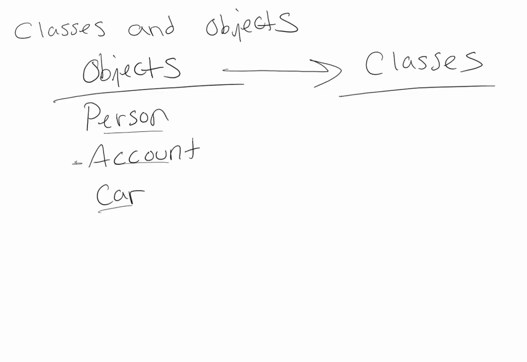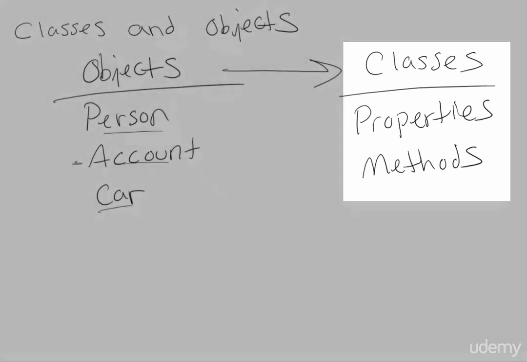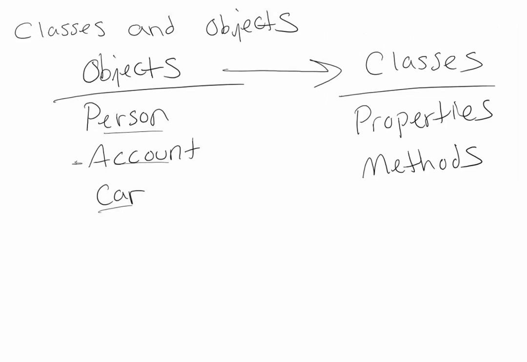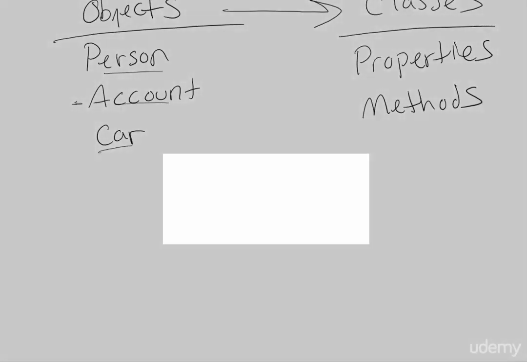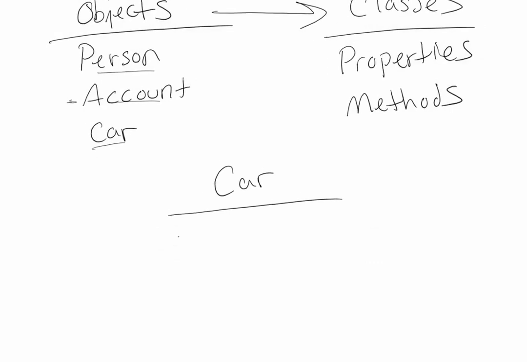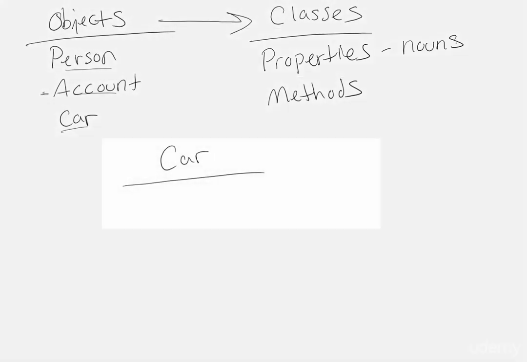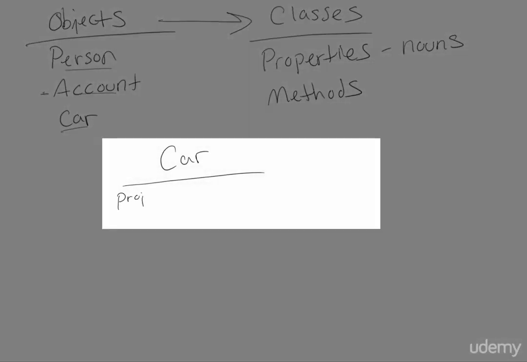So classes contain two different ideas. We have properties and methods. So let's look at an example using our idea of a car. Cars have properties in that they have physical descriptions. So properties are basically our nouns or physical concepts. So the properties of a car